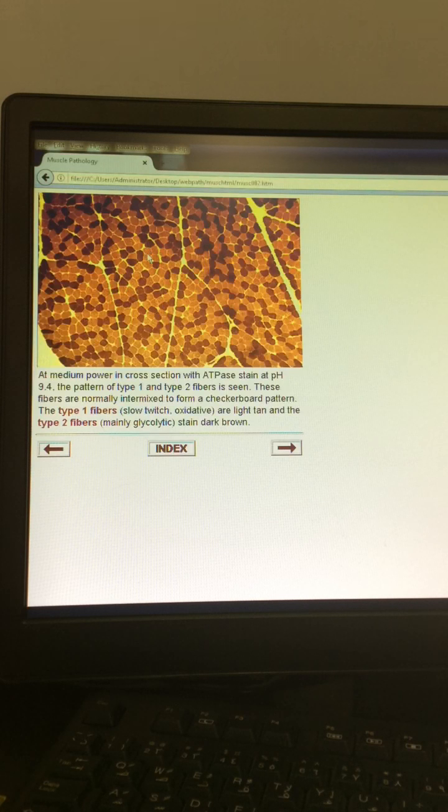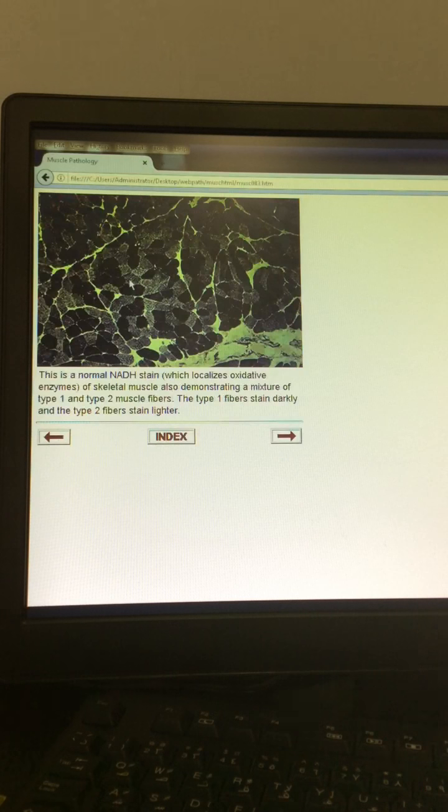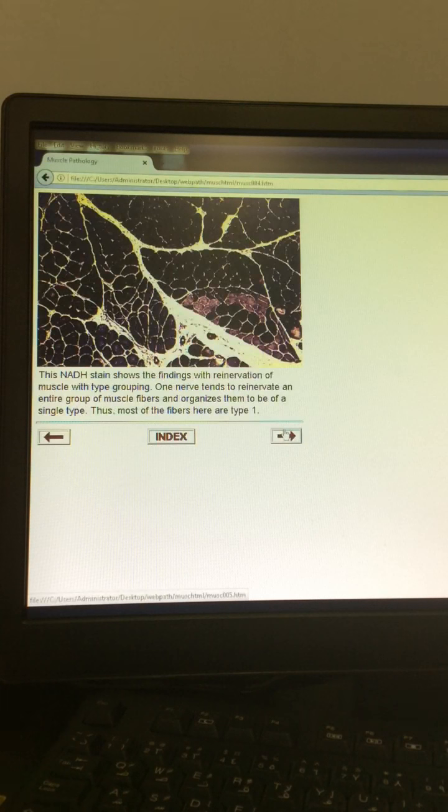Here the light color is type 1 and dark color type 2 والستين ATPase stain على pH 9.4. طيب هاي عبارة عن NADH stain that recognize the oxidative enzyme. برضه أعطتنا two colors لأنه النورمال إنه في two types من المسل فايبر type 1 and type 2. But here because the stain recognize the oxidative enzyme كانت darker type 1 and type 2. اوكي شو رأيكم بهاي البيكتشر؟